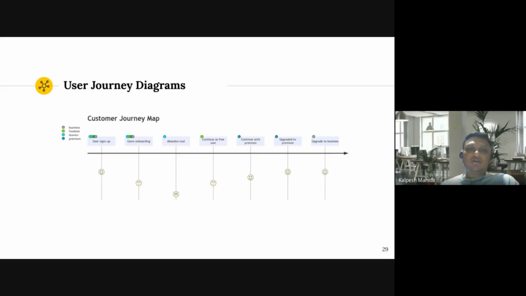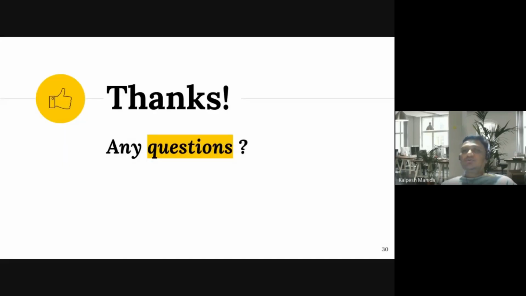We can also add weightage or feelings, so that it clearly communicates whether we are happy about a particular point in the timeline of the journey map or not. Yeah, so that was it